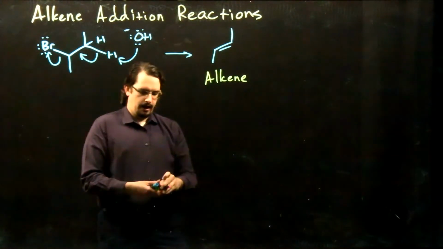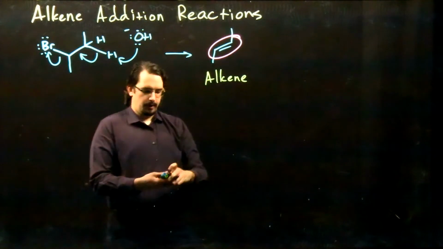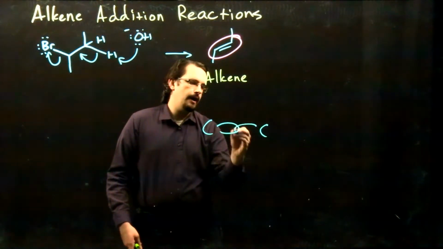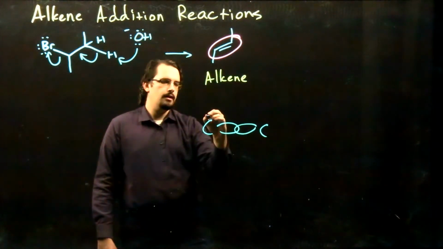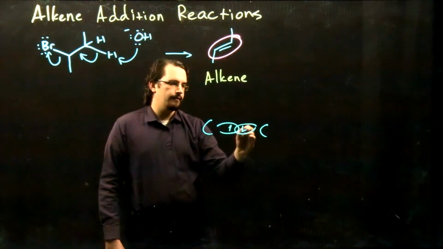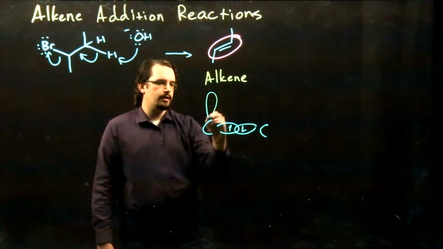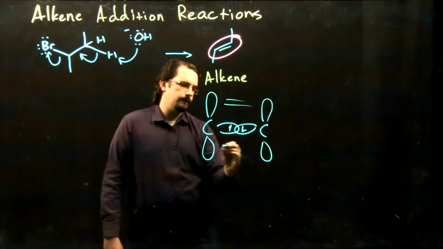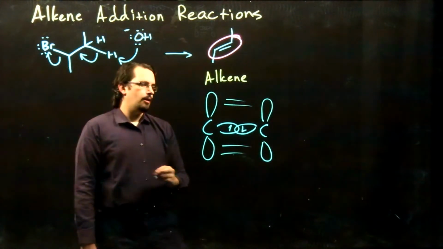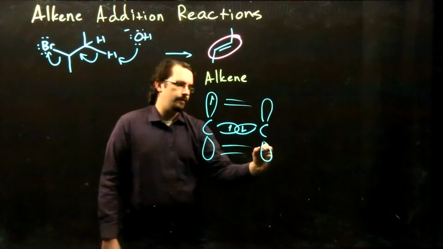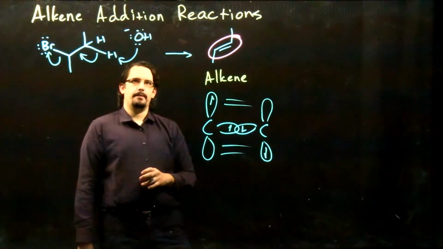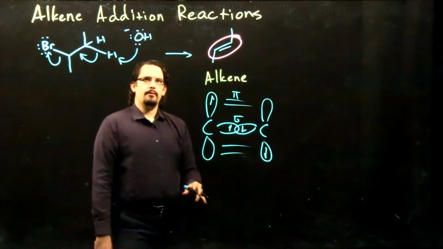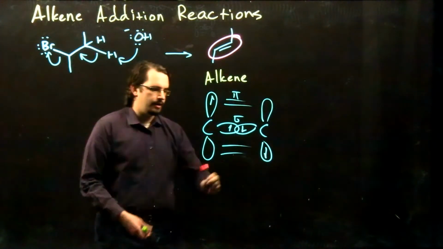So if we look closer at our double bond here, of course we'd have our two carbons, each with their sp2 hybridized orbitals bonded together. So we'd have two electrons bonding here between our two carbons, and then we'd also have our two p orbitals overlapping above that in our pi bond, each with their two electrons forming that second bond as well. So with these two bonds here, we have an area of relatively high electron density,